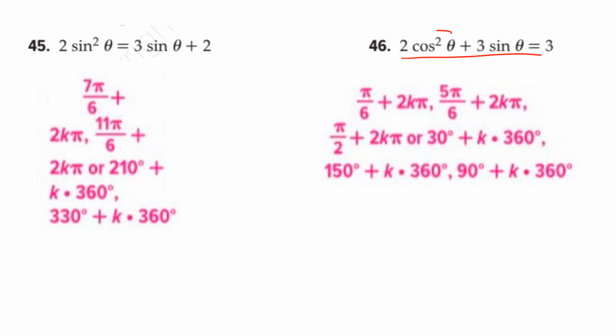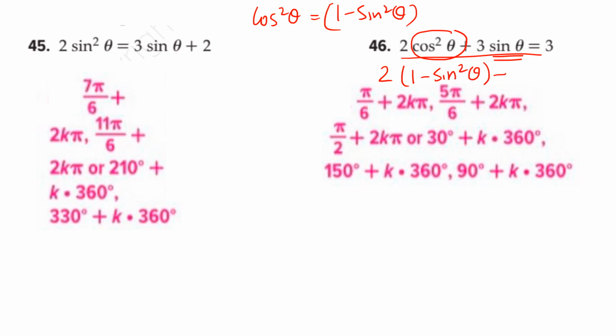So here you see cos square and sine, both are different. So definitely we will replace cos square with sine using Pythagorean identity. So put this here and then simplify. So this is 2 times 1 minus sine square theta plus 3 sine theta minus 3. Now we want to convert to a quadratic equation in sine. So let's take x as sine theta. So this on simplification will give you